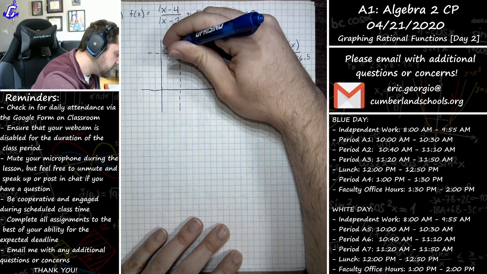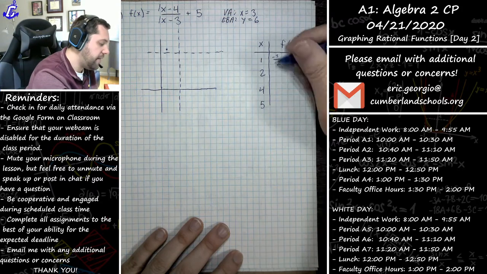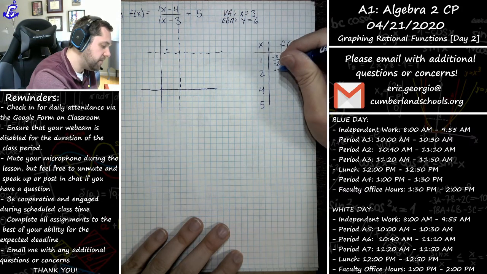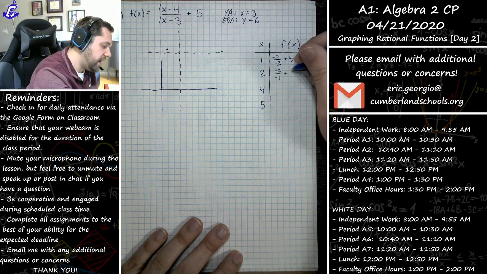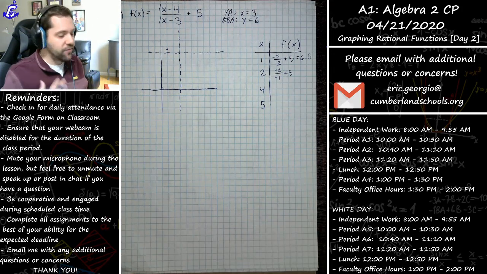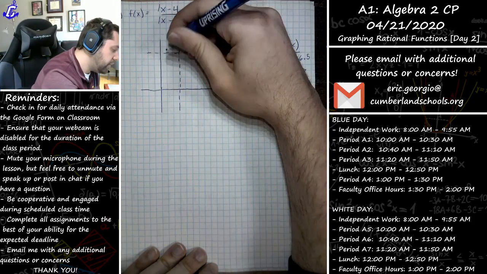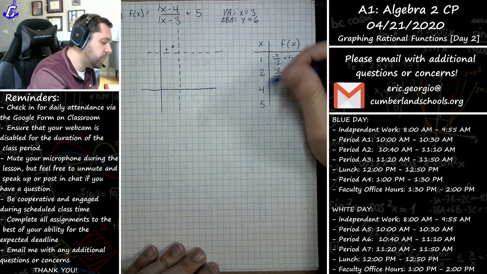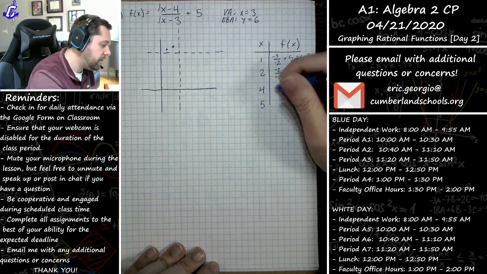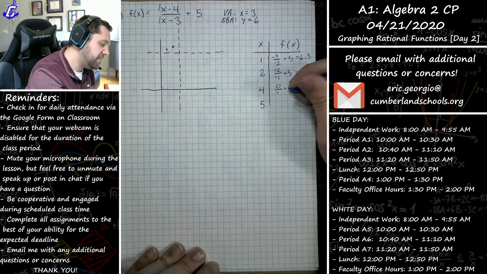Here's 6.5. Okay. 2 goes in. On the top, 2 minus 4 is negative 2. On the bottom, 2 minus 3 is negative 1, plus 5. Negative 2 divided by negative 1 is positive 2, plus 5 is 7. So another point right there. Very good. 4 goes in. In the numerator, I get 0. That's 4 minus 4. On the denominator, it really doesn't matter, but I get 1. And then plus 5. 0 plus 5 is, of course,